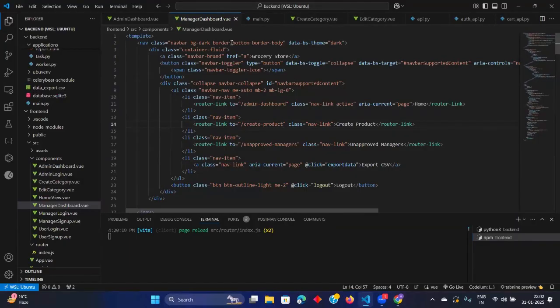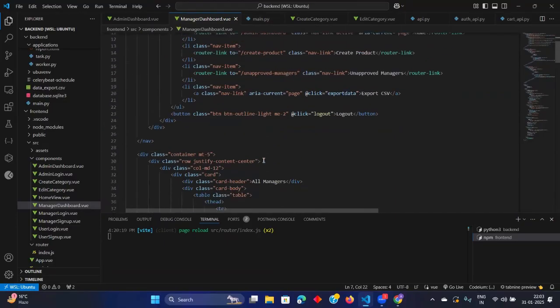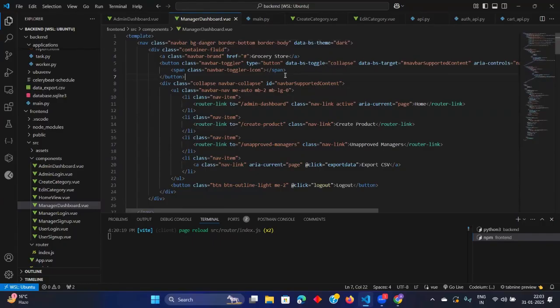Where is the black thing? Border bg dark, na. So make it bg is dark, theme is dark, na. So let's make it danger. Okay, it will be looking like red, or let's say warning.